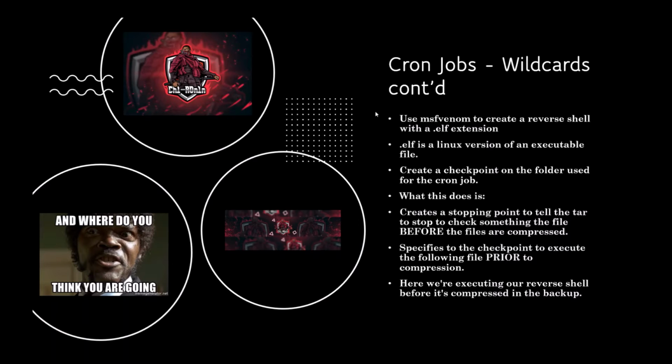We can create a checkpoint on a folder used for the cron job, so the path where the cron job is running. What is this going to do? It's going to create a stopping point to tell tar, hey, before you do anything to this file, see what it does first. So if we have a command to execute maybe a root shell or something like that, and we place that code into that file, what happens is that once tar starts to run, it'll look